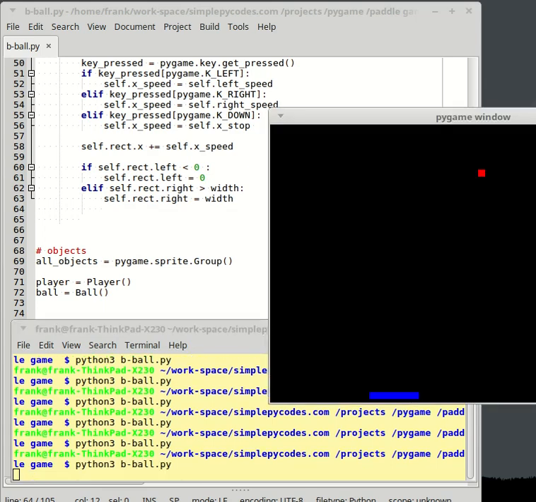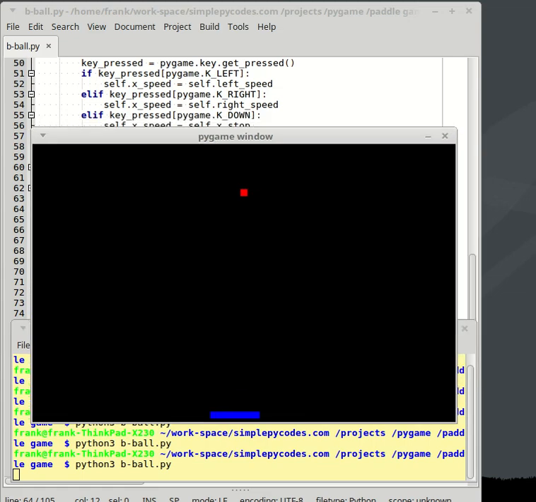Okay, now we have movement and we have barriers. It's kind of okay actually. I keep forgetting this, I have to bring it. Everything looks okay,